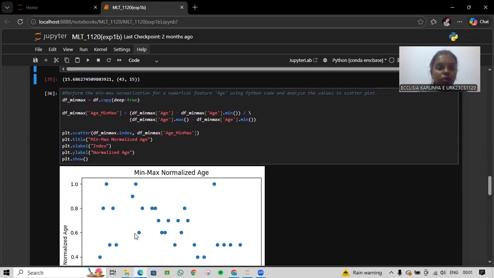Perform the min max normalization for the numerical feature age using Python code and analyze the values in a scatter plot. Okay. Here we are going to create a copy of the data set. Then we are going to use a formula: x normalization equal to x minus x min, divided by x maximum minus x min. Okay. Which will scale the age value between 0 and 1. Then we are going to